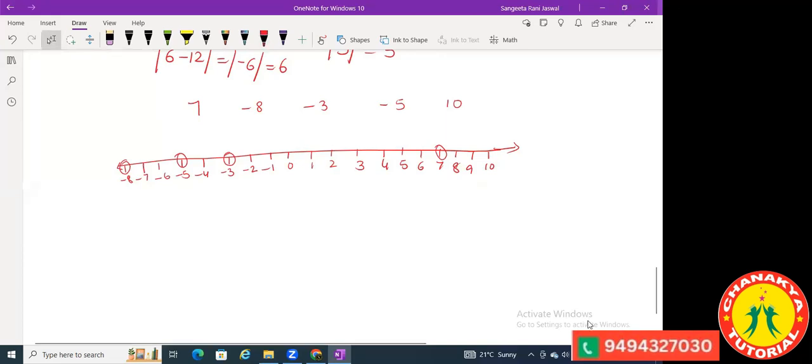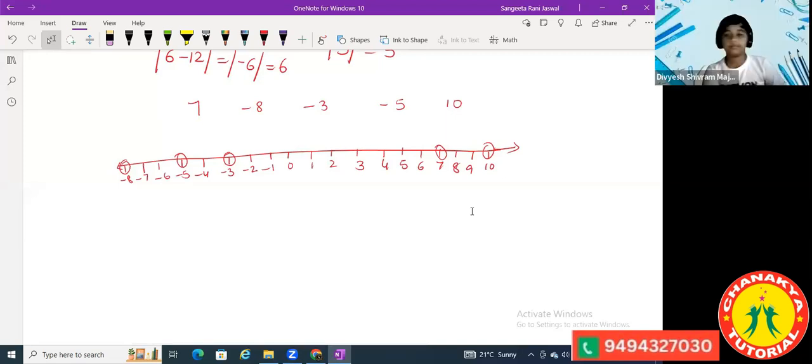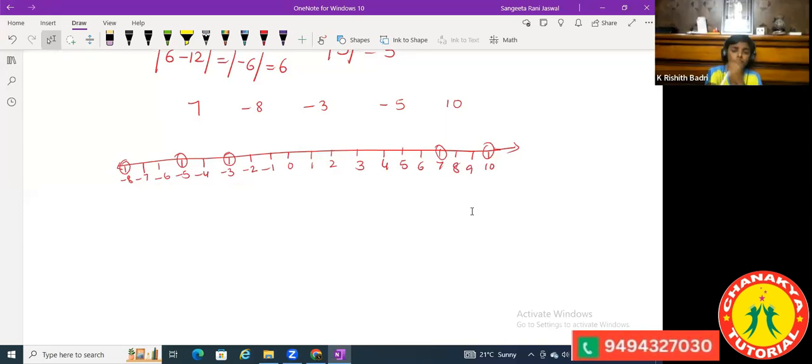Okay, never mind. Aishwarya, tell me where is number 10 on the number line? Ma'am, it's on the right side. Great. So now you know how to plot the numbers on the number line. You will get such questions in your exams, even in your school exams. Yeah, ma'am, I got such a question.